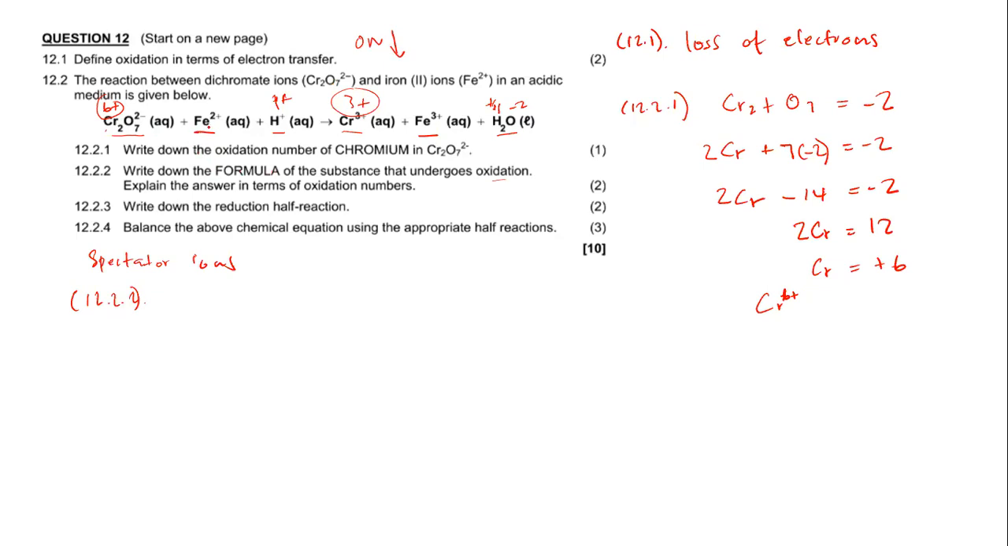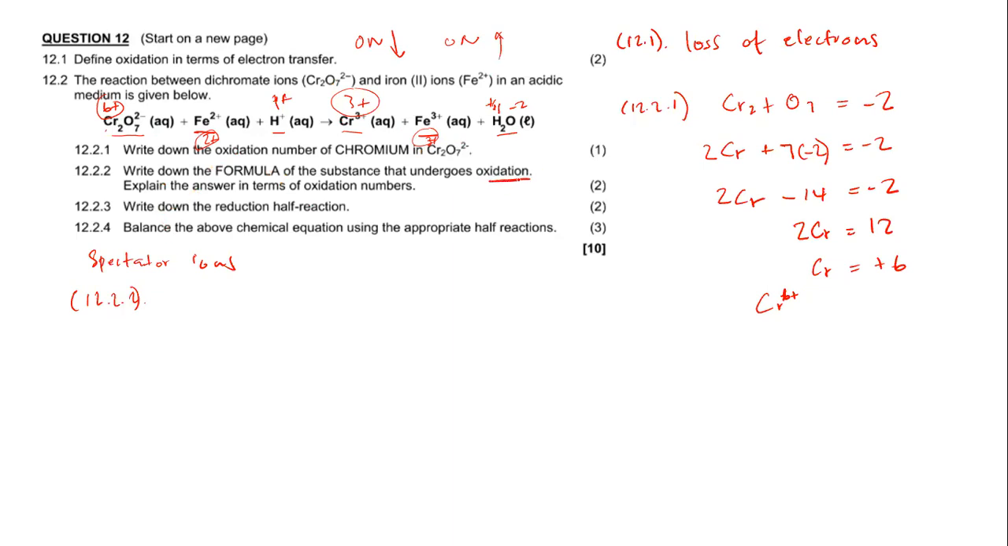Let's have a look again at Fe. Fe here we have 2 plus, and then here we have 3 plus. Now, what happened to the oxidation number here of Fe? Oxidation number increased from 2 to 3. That's an increase in oxidation number. So now,